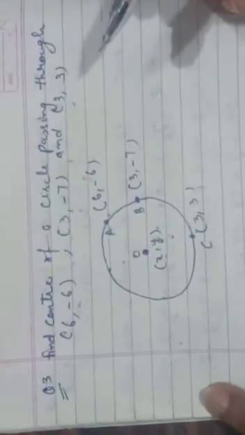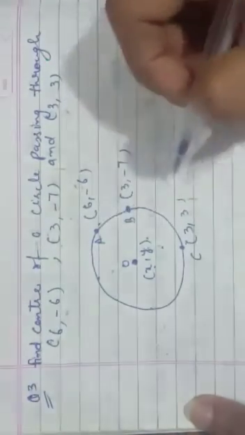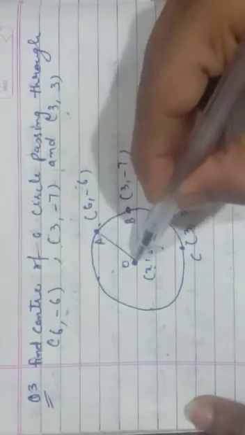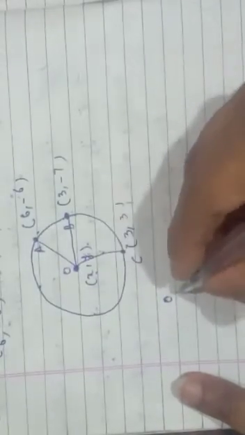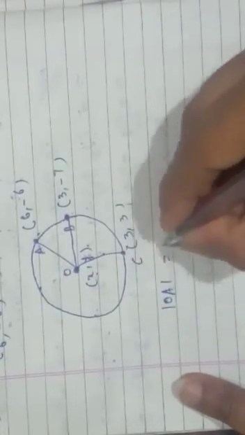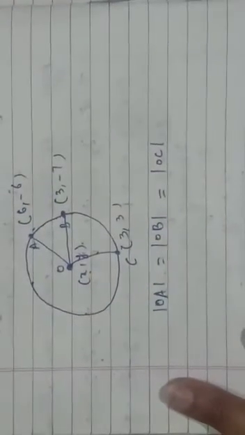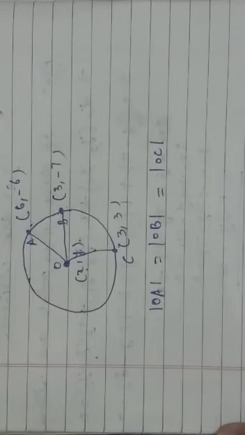Now, to find the answer, we need to apply the concept of the distance formula. We know that for all the points lying on the boundary of a circle, the distance of all those points from the center remains equal, and that distance is known as the radius. The same we will apply in our question. According to the given diagram and question, the distance OA will be equal to the distance OB will be equal to the distance OC. Now let us find all the distances: from the point O to point A, from point O to point B, and from point O to point C.